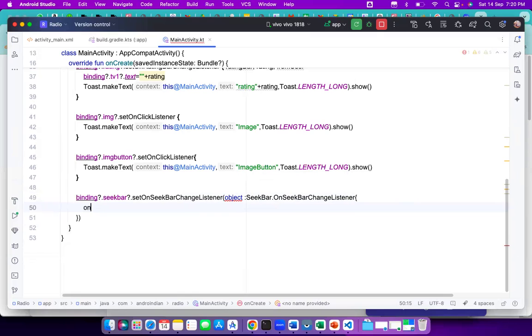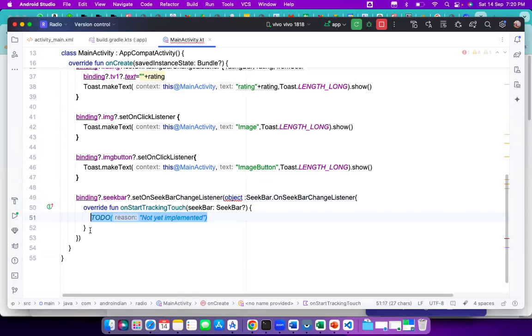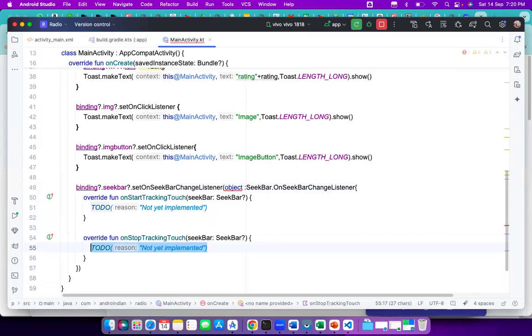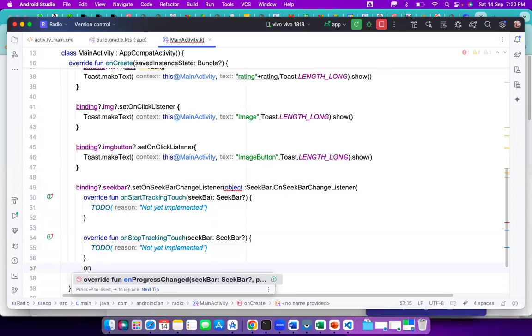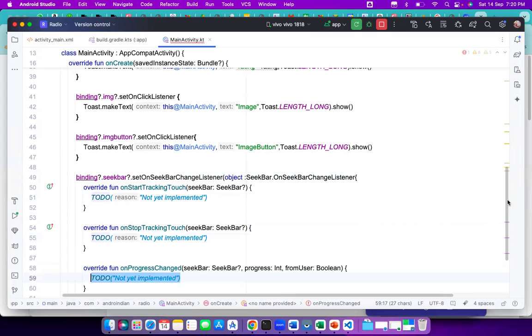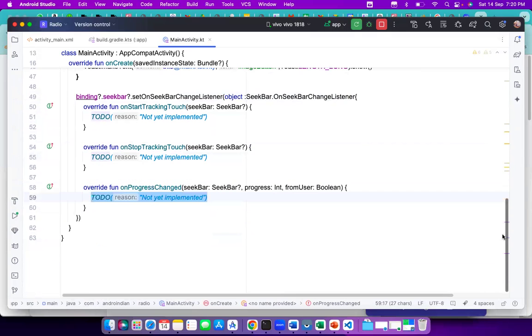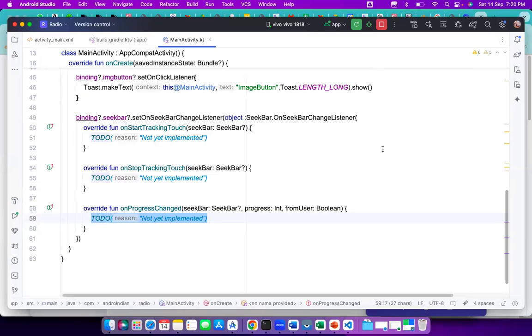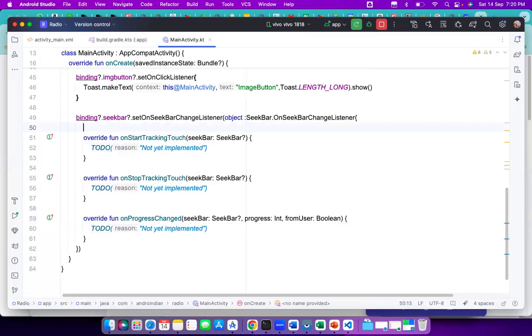One is onStartTrackingTouch, where we can track, for example to increase the brightness. So where tracking starts, where it stops, and what the progress is, we have to capture this. Now I want to capture the progress. To capture the progress, what I'll do is initially create a variable,